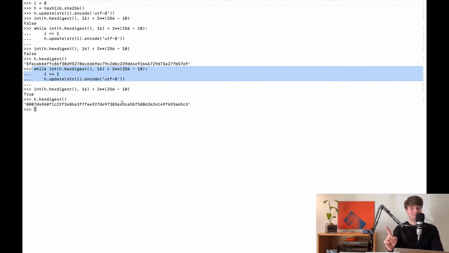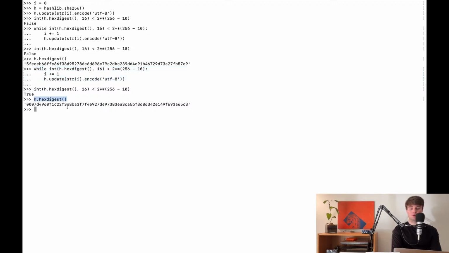But there's something really important that I almost forgot, and we need to see it. This is going to be super important. So we have found a value for i that supposedly, when we put it through the SHA-256 algorithm, we are going to get this hash. Remember that the same data going in is the same data coming out. That is how SHA-256 works. But that's not going to be the case here. Watch, if I create a new